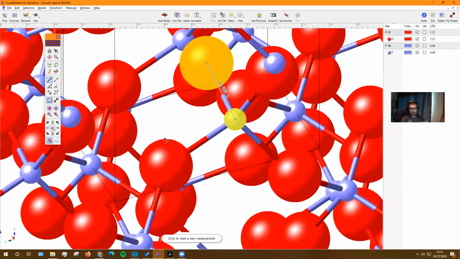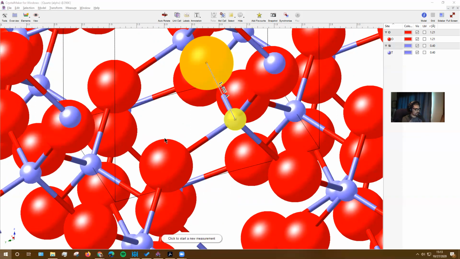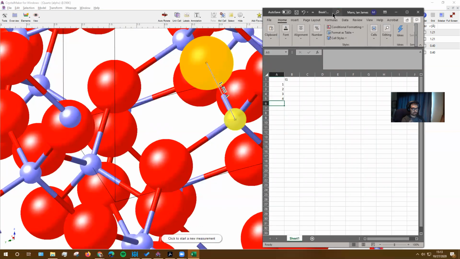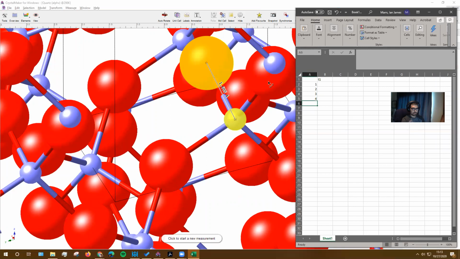You all can do this by pencil and paper if you like, but I prefer Excel if I'm going to tabulate data, that kind of thing. So I will bring this onto this side of the screen. Okay, so for my tetrahedral site, I'm going to be measuring 4 bonds. You can see them right here: 1, 2, 3, and 4 makes a tetrahedron. Okay, so the first one that I measured was 1.605